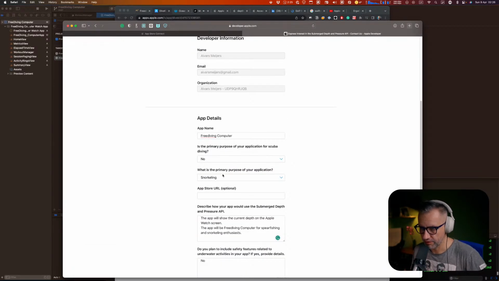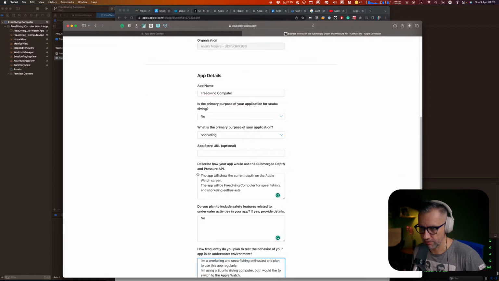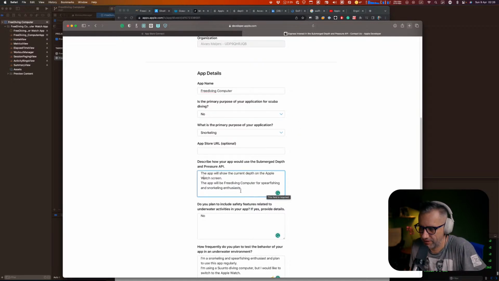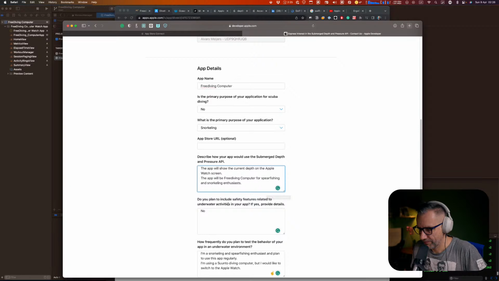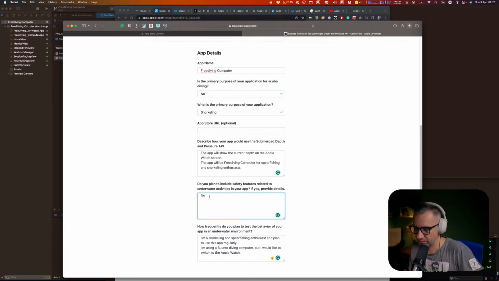I'm afraid to provide something too little and be banned and not allowed to use this sensor. Describe that the app shows current depth on the Apple Watch screen. Apple will see it as a freediving computer. I think that's fine. Do you plan to include safety features related to other activities in your app? If yes, provide safety features. I'm not planning to do that for MVP, but